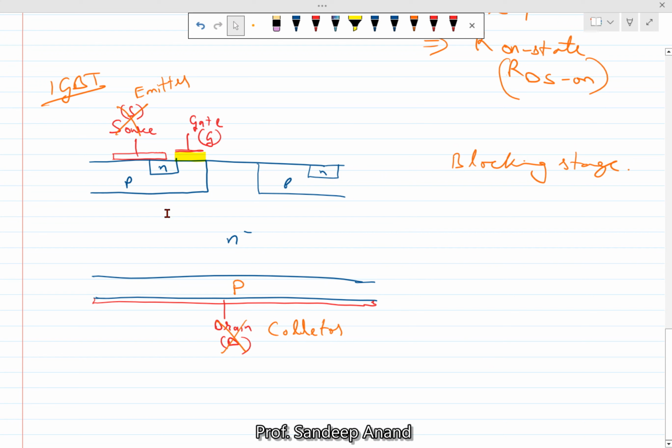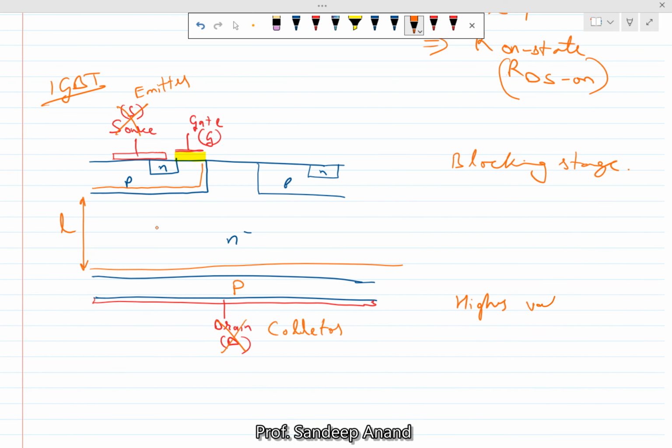This PN junction would still block all the voltage that is applied. So it would still develop a depletion region around it, and the length of this depletion region determines how much voltage you can block. So the same process, higher the voltage you want to block, you need a larger value of L. So far it's the same, right? Higher voltage blocking implies larger value of L. So if you want to block 200 volt using a MOSFET versus an IGBT, maybe you would have comparable values of L, and therefore